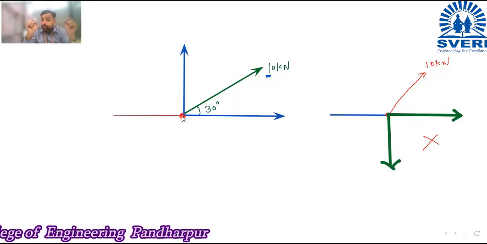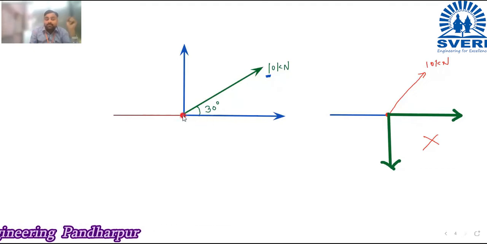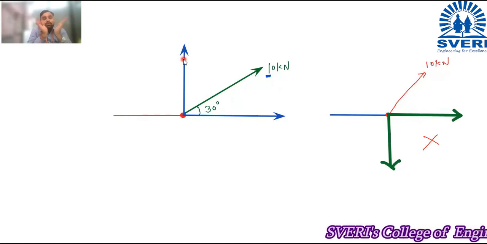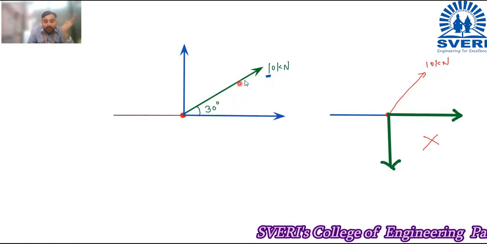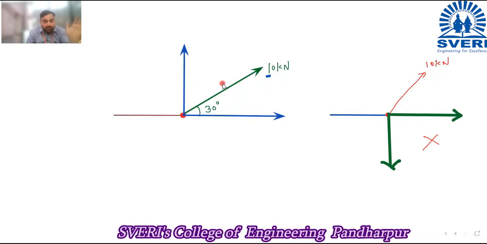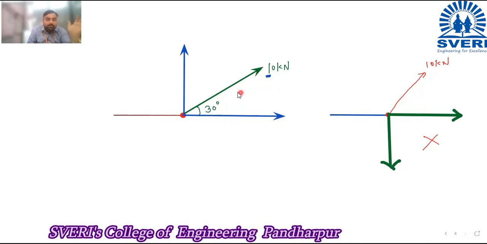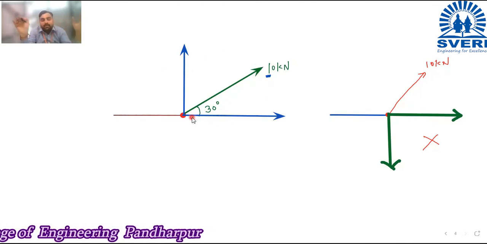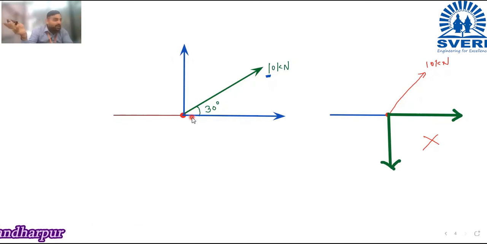So what you need to do, from the point of application, draw one line parallel to x-axis, draw another line parallel to y-axis, and while drawing these two lines, you should take care that your main force should come in between these two components. Once you do this thing, then it is okay, it is fine. मग आता हॉरिझॉन्टल फोर्स किती असणार आणि वर्टिकल फोर्स किती असणार.